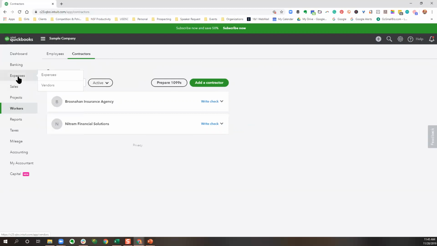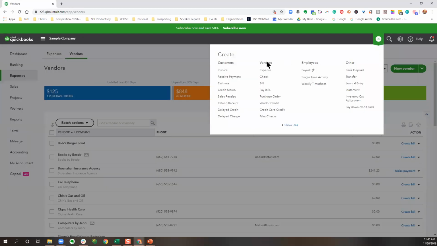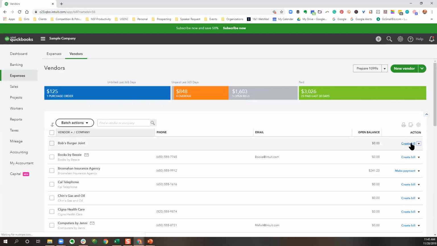All right, we're going to go back over here to expenses and vendors. Next to any of the vendors, there's a little arrow. Again, you can create a bill, create an expense, write a check, or create a purchase order, the same options that are up here under the plus, under the vendors tab, right? So like I said, at least two ways to do everything. When you're creating a bill for someone,